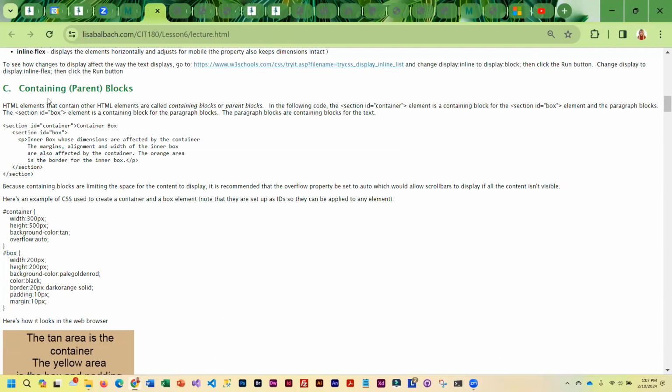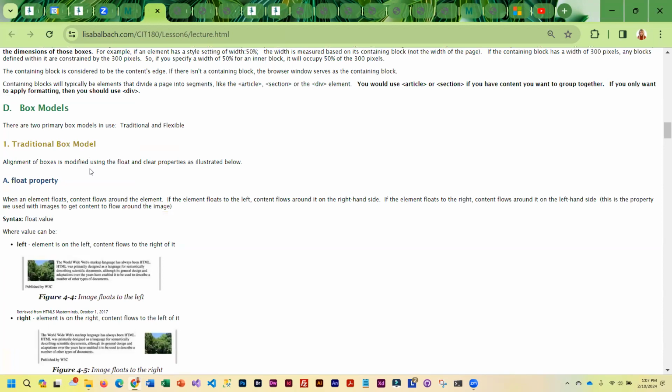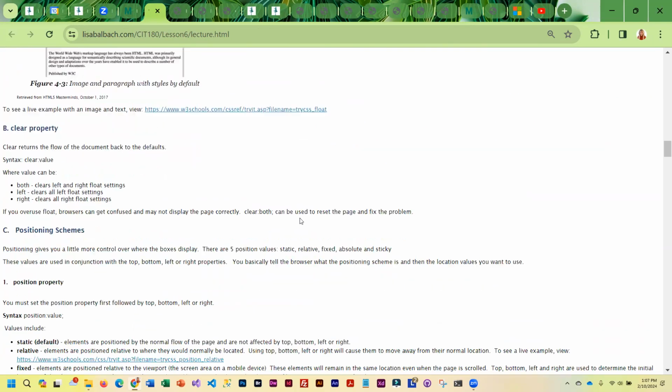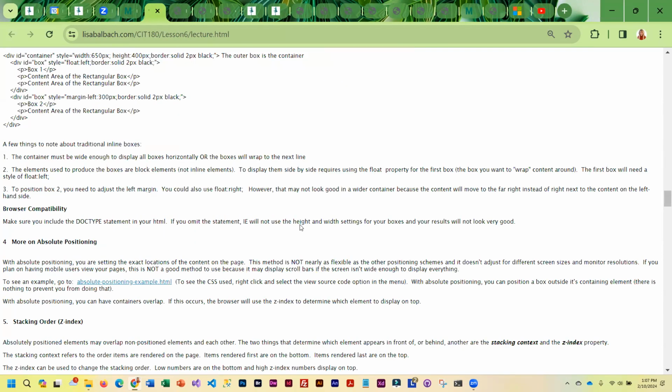And when we create boxes, there's like a hierarchy of boxes. And so there's a parent box. Inside the parent, you might have child boxes. So, what are parent blocks? Okay. And then we get into the two different models, traditional, and then we get into Flexbox eventually, with lots